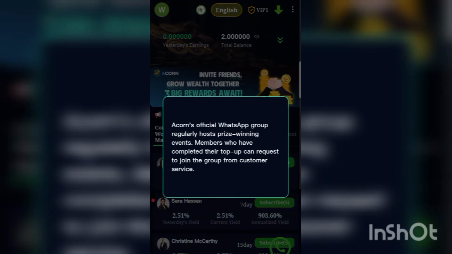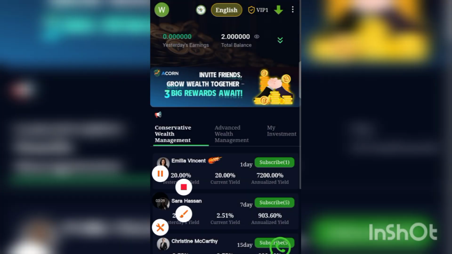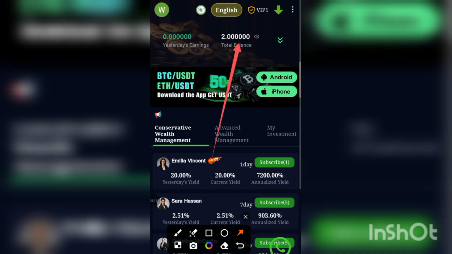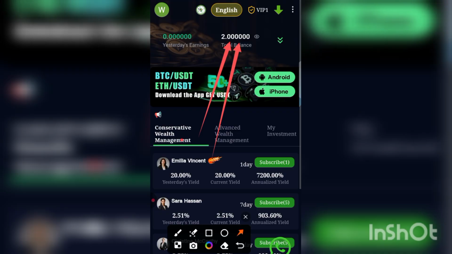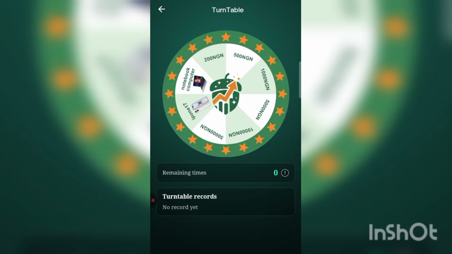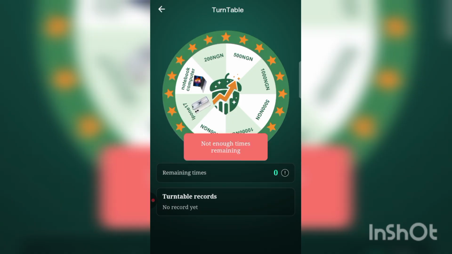All right, then you can see it now. Boom, guys. If you have already signed up a new account, to sign up here is very easy, and you can see my welcome bonus of 2 USDT there. All right, then if I go to spin now, you can see it now. I don't have any referral because I don't have